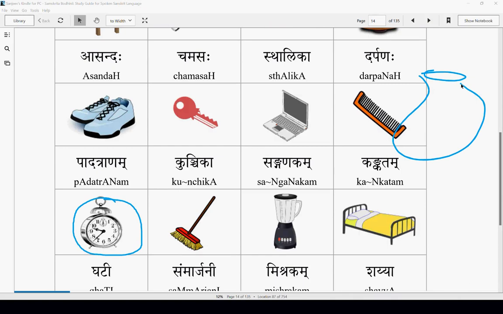Or is there any relationship? Because the words appear to be very similar, like just the lingam is different. Ghataha, Ghati. Yeah, shape, roundish. But it doesn't have to be this. Ghati doesn't have to be round. Nowadays, all kinds of clocks are there, right? Square, hexagonal, or even digital.